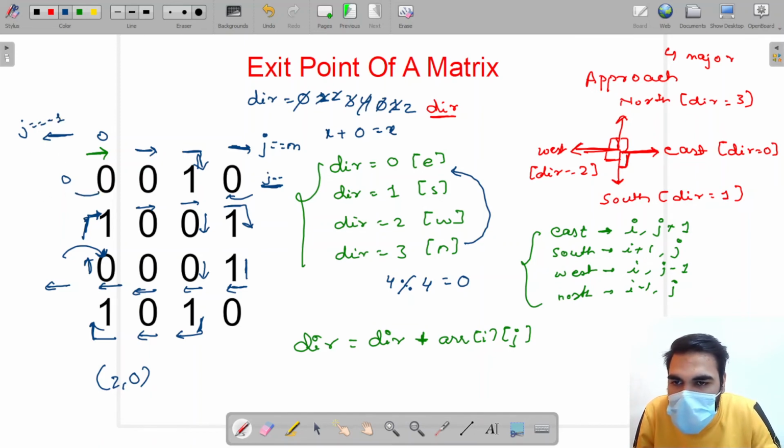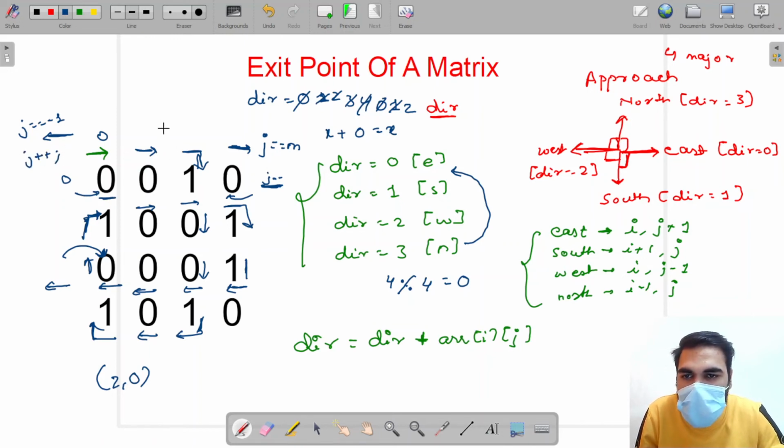You have to return to the position, so you have to increase j by 1. Similarly, in the i direction also, here our i will move up to -1, so I have to increase i by 1 so that I am able to return to this position.